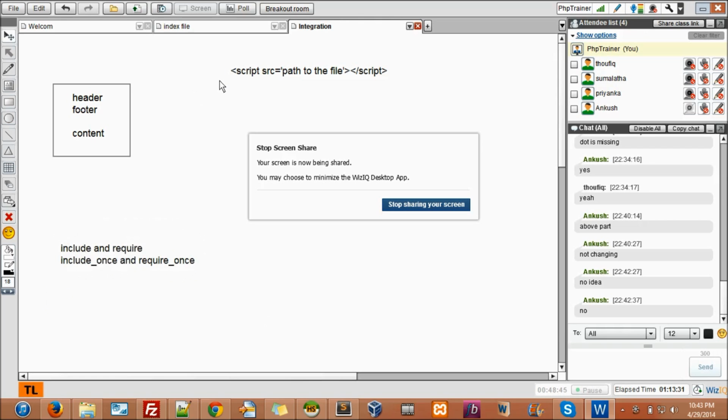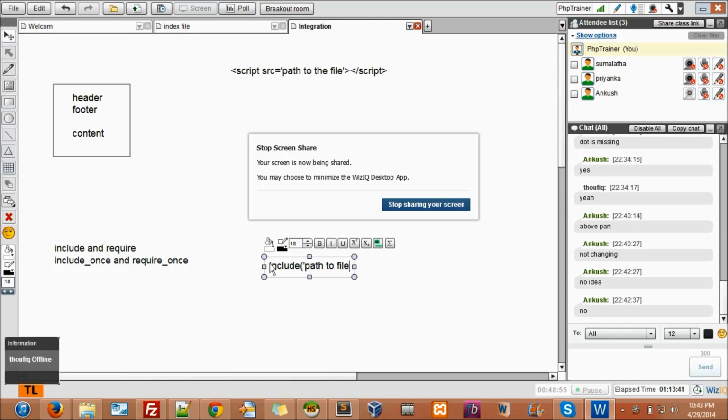So now we'll see the syntax of include and require. The syntax is same for both: include, path to file. And the same is for require. It is require, path to file. Like such, the same is for include once,